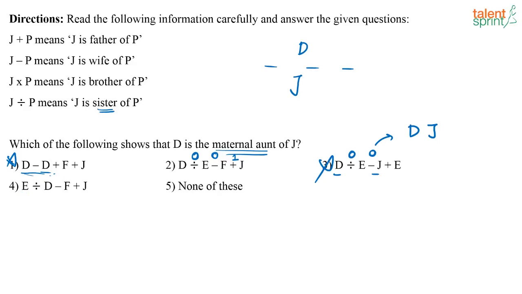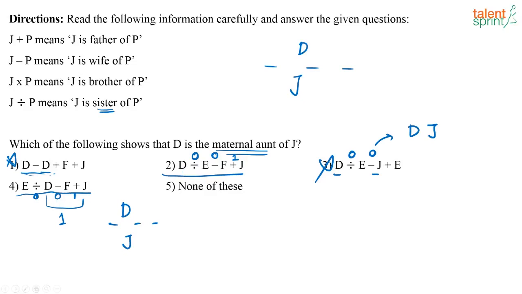Now, we are left with the fourth option. Now, the fourth option, if you look here, you have E percentage D. So, that is again 0. D minus F is 0. F plus J is 1. So, now again between D and J, the generation gap is 1, which means that if D is in this generation, J has to be 1 generation below it. So, you have to check option 2 and 4 alone. Draw the blood relation diagram for option 2 and 4 alone and check whether any one of them is correct.